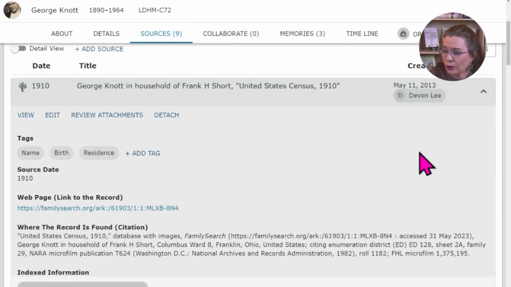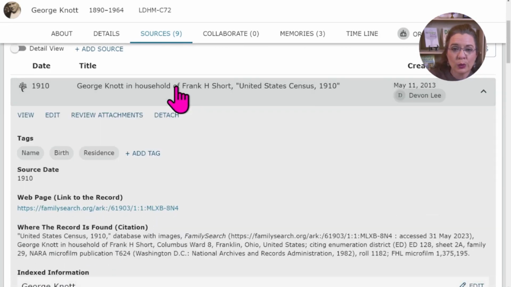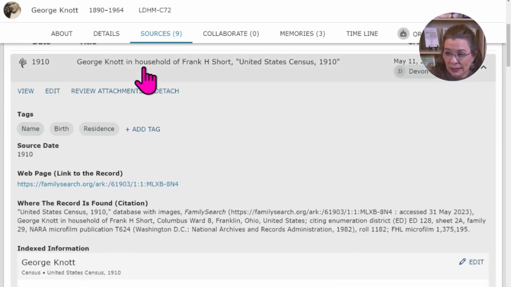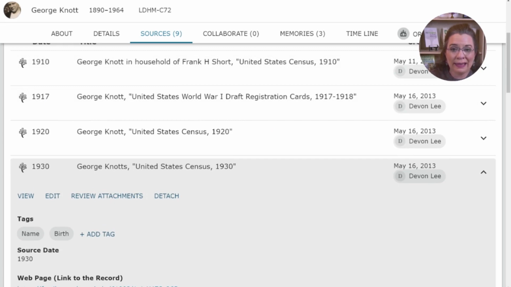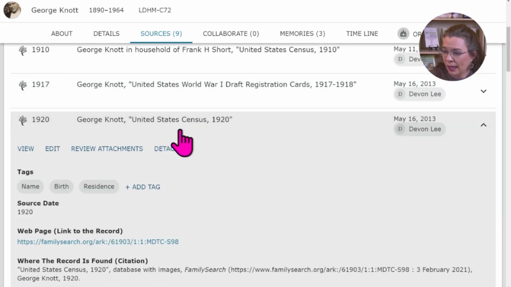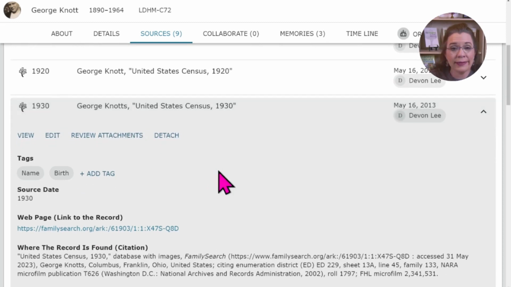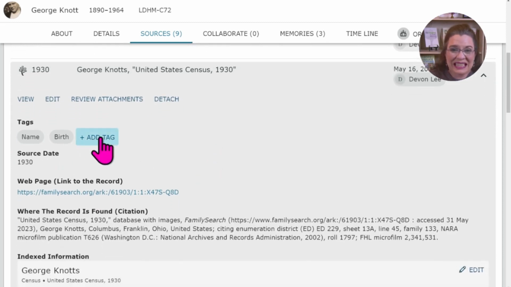I'm going to scroll down and click on this arrow, or I can actually click on the title area, and the source widget will expand so we can review the details. Now, this is a census record: name, birth, and residence. That's a new tag, so let's see if that is happening on anything else. We're clicking on this one and this one, but oh wait, 1930 doesn't have that residence tag, and I would